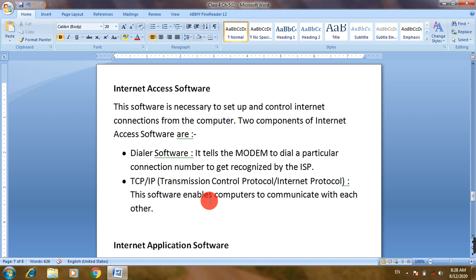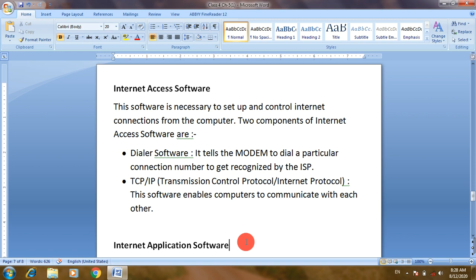It means we use internet facility so that one computer can communicate with another computer. It happens only due to the presence of TCP IP software. These two software we need to access and use internet facility in our computers, and these two software are already present in the computer itself.